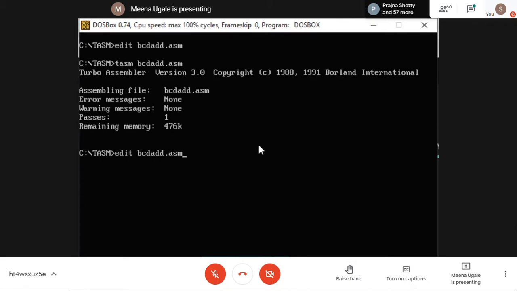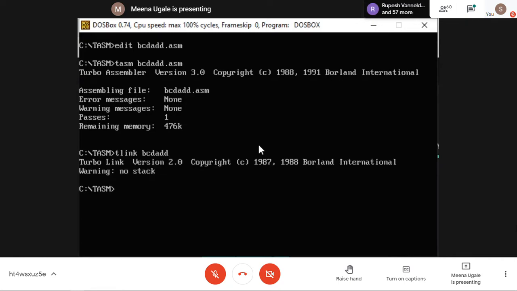If this is done, you can go for the next command, tlink, and write down only the file name. I repeat, only the file name. Don't put the extension. And press enter. If this is done, then go for the last command, td.